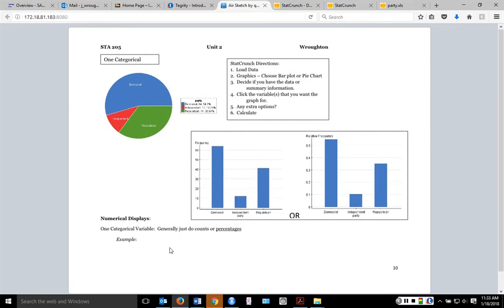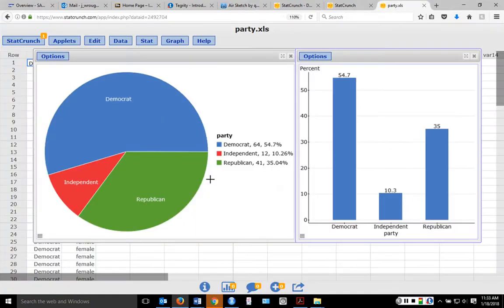Let's also talk about numerical displays, and we've actually already seen a couple of these already. We usually do the counts, like what we saw with the 64, the 12, and the 41. Or we do the percentages just as we saw there as well. So a quick reminder, how can I use the count to get the percentage? Well, 64 Democrats, 12 independents, 41 Republicans. If I add up those three numbers, I get 117. So if I take 64 divided by 117,